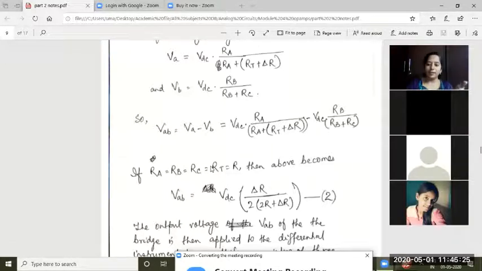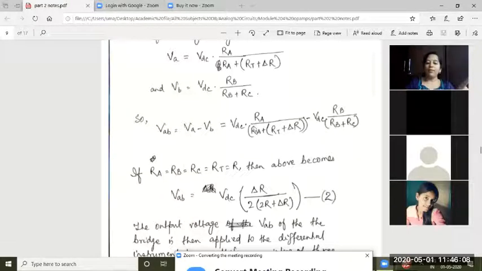Say RT is a thermistor. I'll say its value at room temperature is so much. Say the thermistor value at room temperature was 100 kilo ohm. I'll choose RA, RB, RC to also be equal to this 100 kilo ohms. So choose all the four resistors to be equal to the base value of the thermistor at the reference condition. Remember that reference condition is important. I want to use room temperature as reference. Anything above room temperature goes above the reference. Anything below room temperature goes below the reference. So this is the reference value.